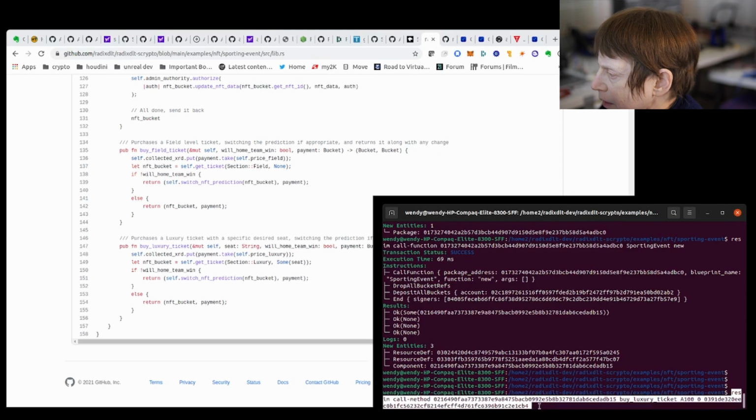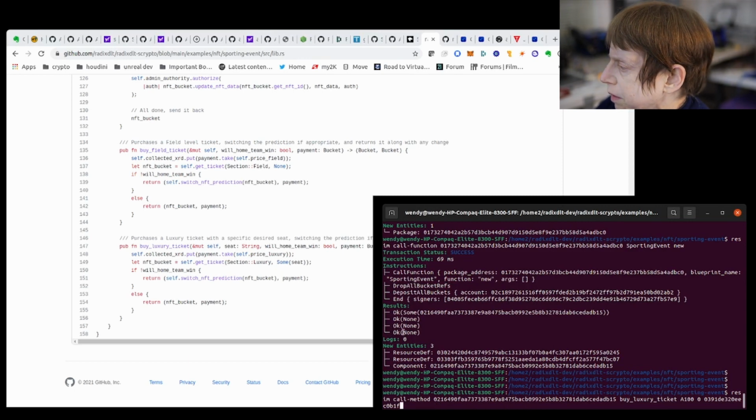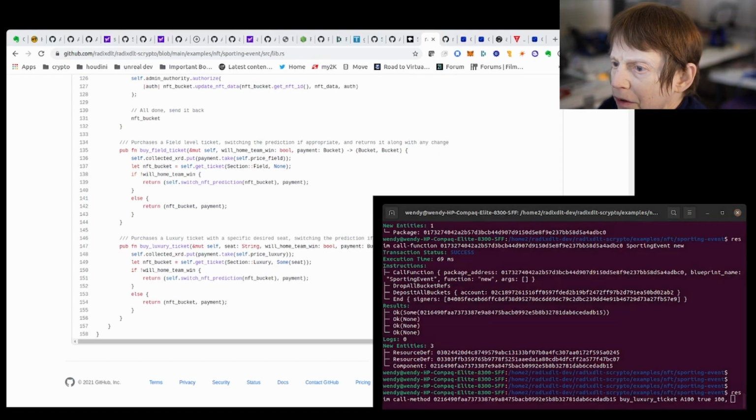What we need here is, because this is going to complain, this is going to be true, and this is going to be 100, comma, and then the Radix token ID is what you need. Copy that and paste it there.